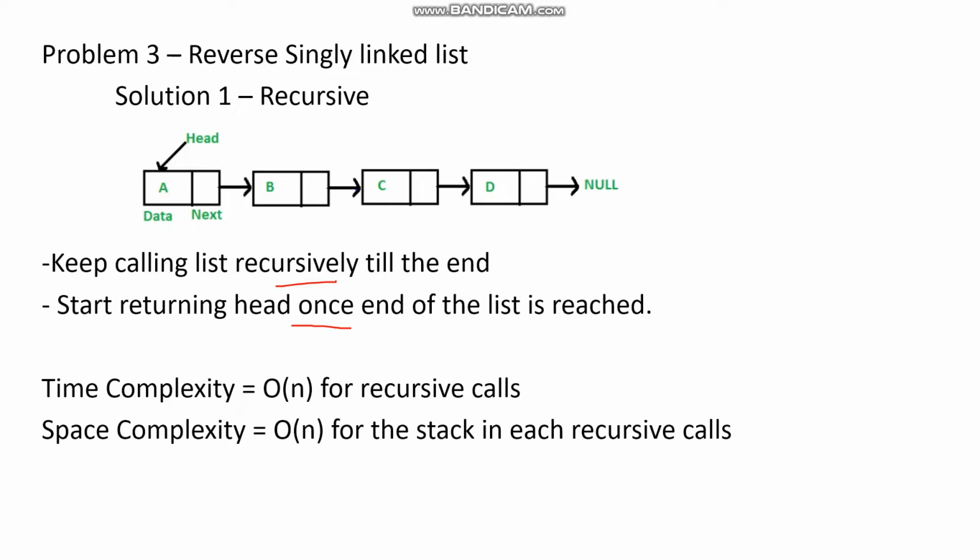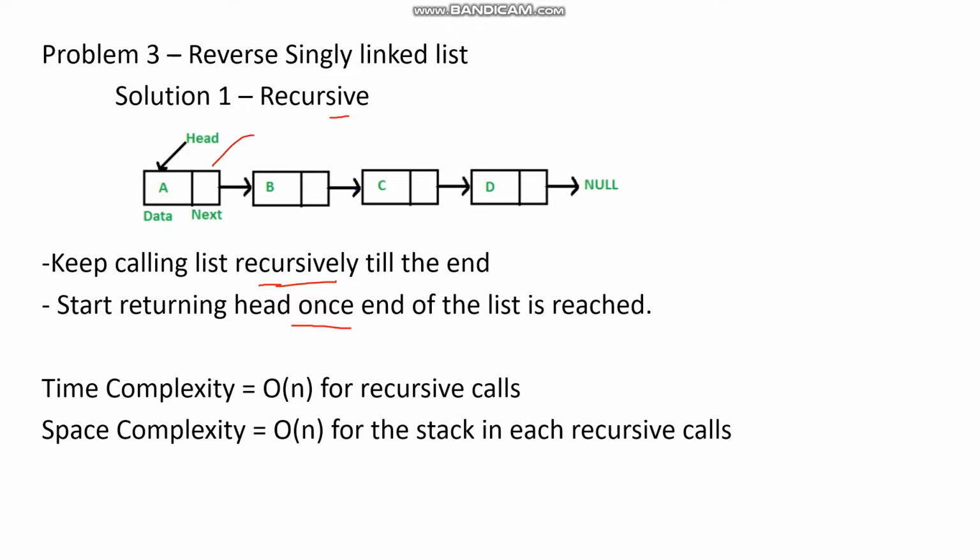So today's topic is reversing the singly linked list. We will be discussing two methods, recursive method and iterative method. First we will be discussing the recursive method. In the recursive method, we just keep calling the linked list recursively while updating the head to the next of the linked list, and as we reach the end of the linked list we will keep returning the current node of the linked list, and we will point that current node to the previous node of the linked list. So in that way we will be reversing the linked list.